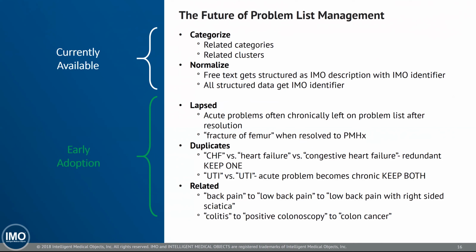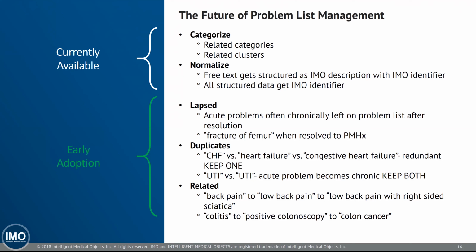We talked about the ability to categorize and normalize problems. Make sure you can move your data around and make sure that someone could look at a list and very quickly be able to absorb the content. But we heard loud and clear from the communities out there, not just the Epic community, but really the entire clinical community, that tools were needed to assist or make suggestions about how to clean up the problem list in a very efficient way. Now at IMO, we don't like to do things in a hidden way as far as making terms disappear automatically. So our approach is really to make suggestions to the clinicians, but allow them to take action very, very quickly. What are the 3 areas we divided them up into?